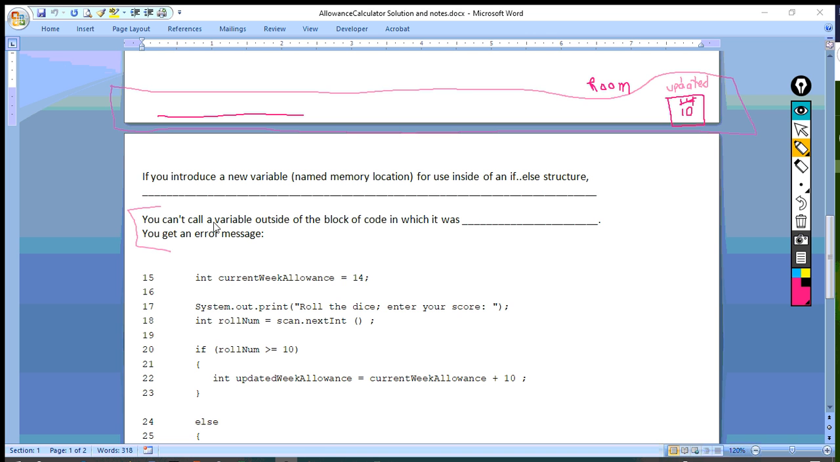So you can't call a variable outside of a block of code in which it was declared. Now I'm going to show you what the error message is, and then we'll come back and write that in there. So if we look in JGrasp here,